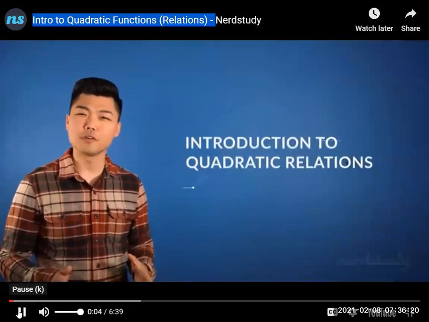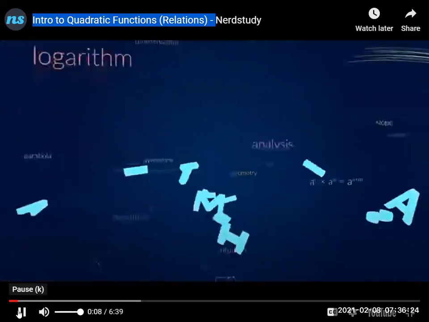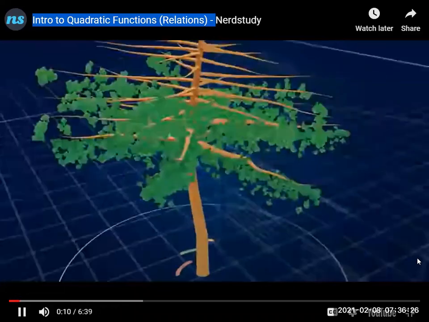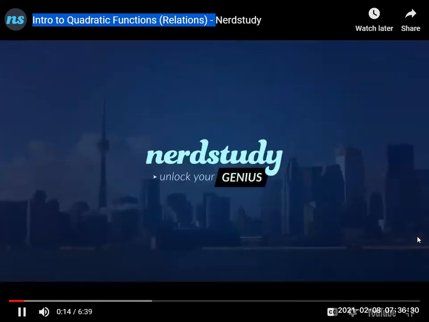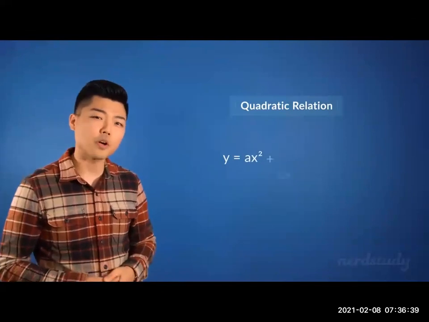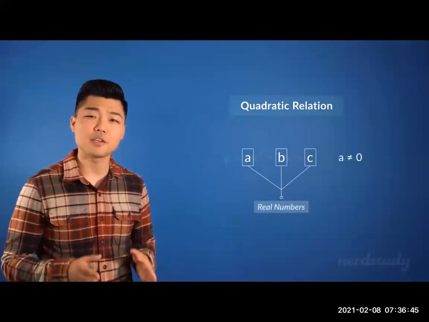In this video, we're going to introduce ourselves into the world of quadratic equations. A quadratic relation is a relation that has an equation in the following form. Y equals ax squared plus bx plus c, where a, b, and c are real numbers and a is not